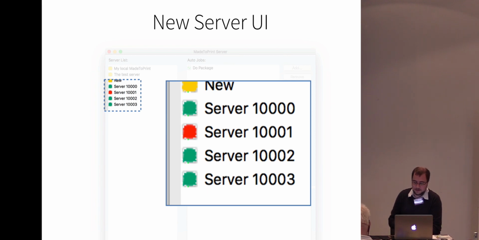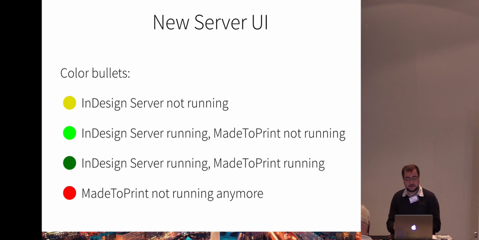For example, I have one, the 10,001, which is red, and I can see from that it's not running anymore. I can go onto the server machine and check what's going on. We have 4 colors. There's a yellow, which just means that the server is not running, and it was not running in that flow. There's a light green,